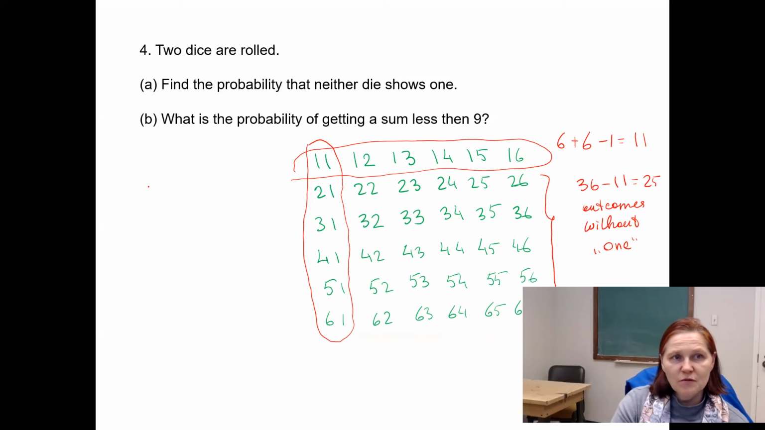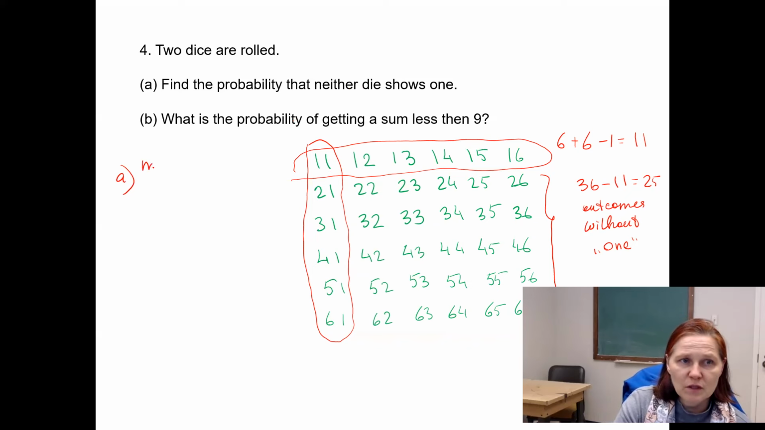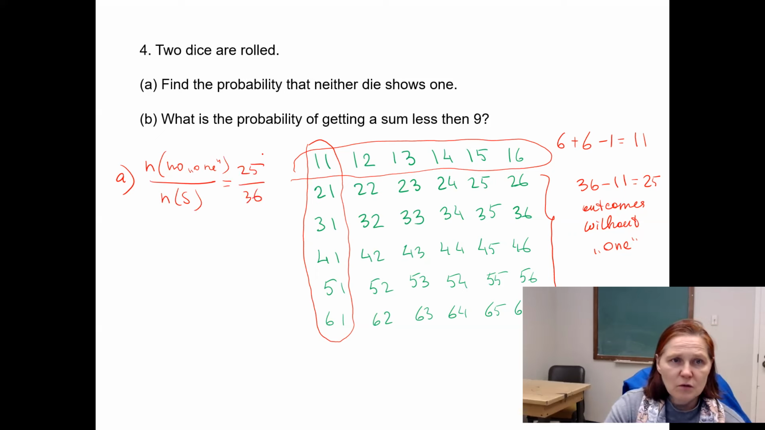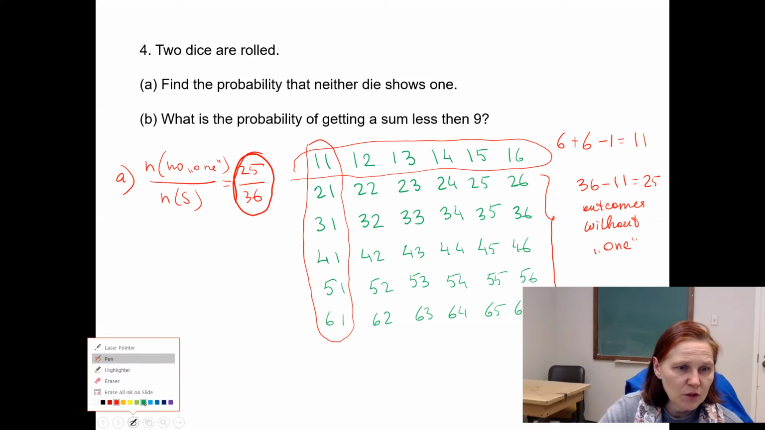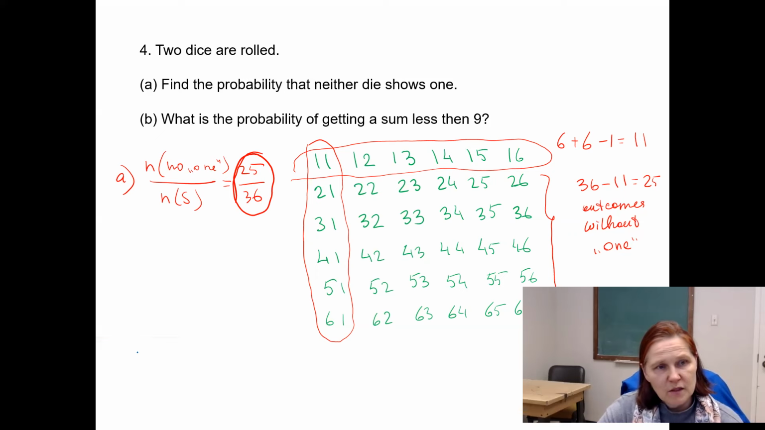So we can find the probability that neither die shows 1 as the number of outcomes in the event no 1 divided by the number of outcomes in the sample space. So 25 over 36, and we can simplify this fraction, so we give the answer as such a fraction. Please read carefully what is written, give it as a fraction or as a decimal. So the question B,